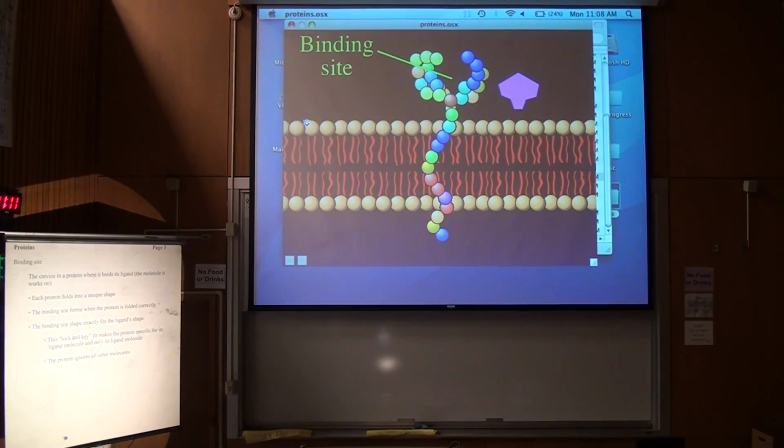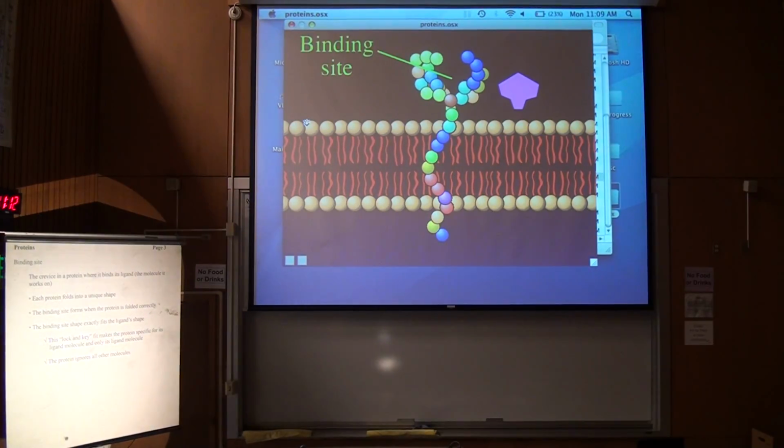Or if you like fishing, if you have fishing line that's been wrapped around the spool of a fishing rod for years, and you take off that fishing line and let go, it wads itself up automatically so it can twist really long. Well, what I'm saying is proteins do the same thing. They have a natural tendency to fold themselves up. And the binding site is formed by the folding of the protein. As long as the protein folds correctly, that binding site will form. And that's why,